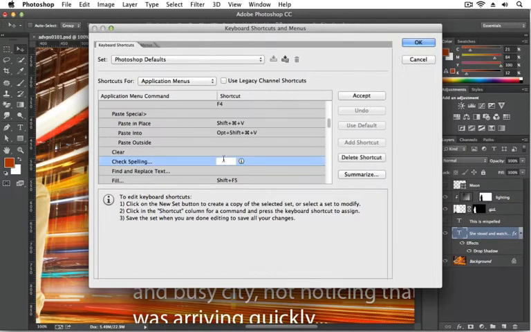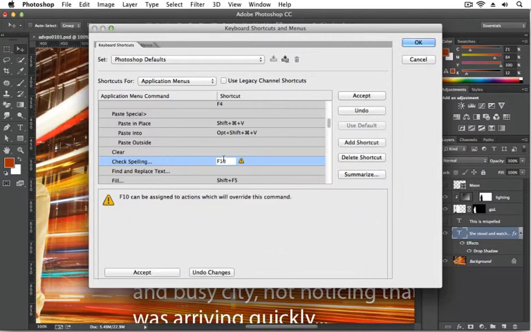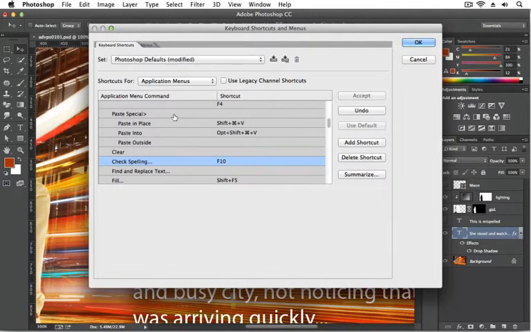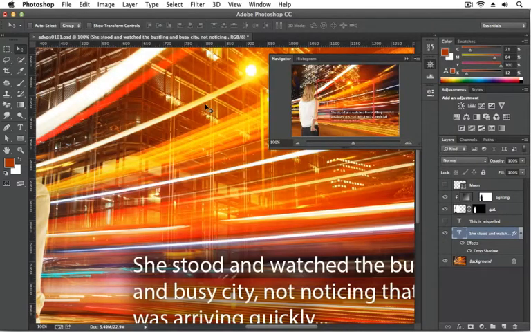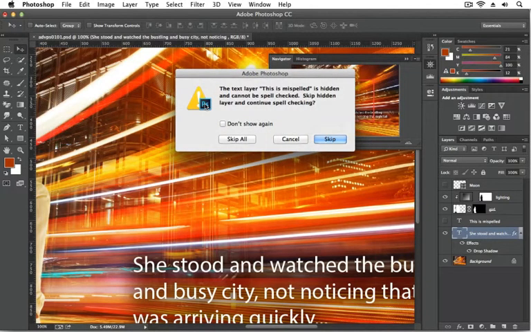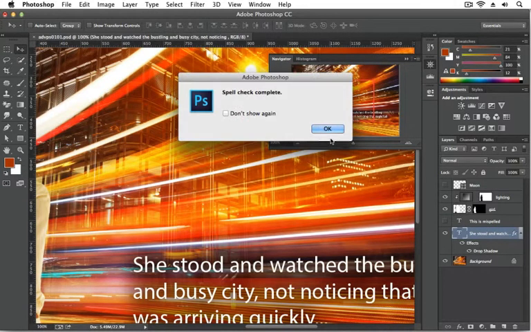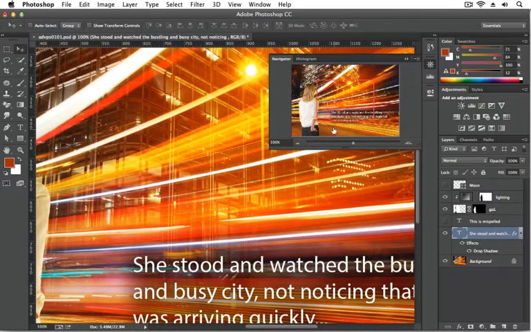I can click in the column under Shortcut and I can select a combination of keys or use one of my function keys. And you'll notice that I'm assigning F10, which you have to be careful of. You want to make sure you don't select something that you've already assigned to something else. And then I can click on Accept. And okay, now if I simply press F10, you'll see that I have a spell check turn on. And I can choose to turn on the layer that has a misspelled word, or I can just skip it at this point. I can also go under Edit,